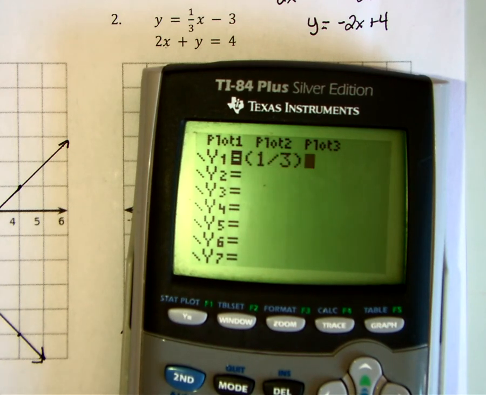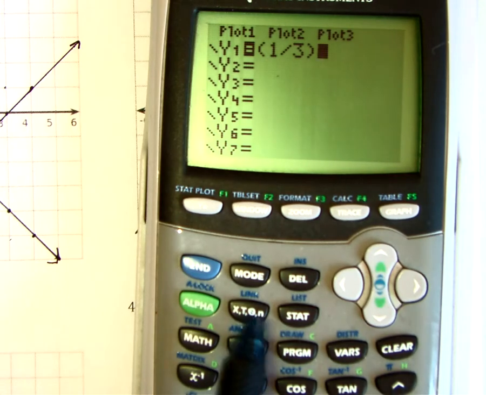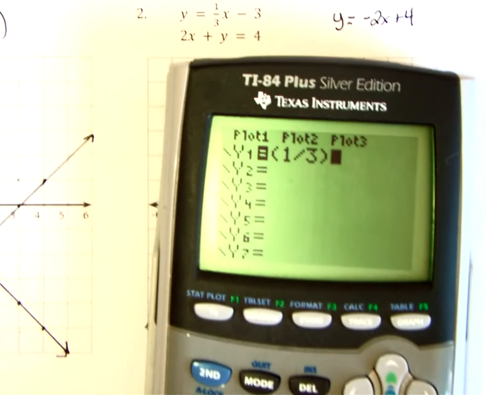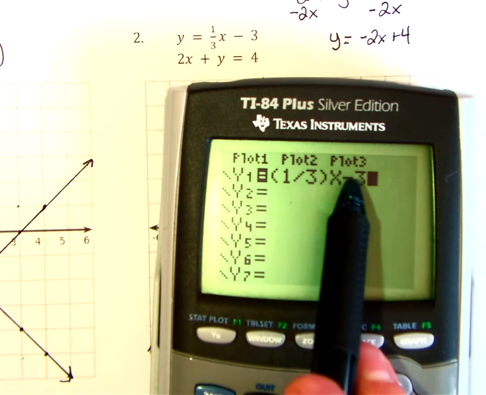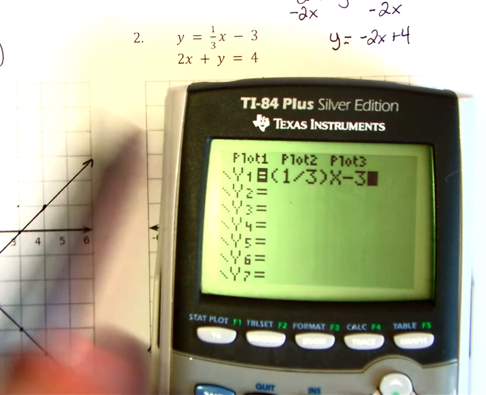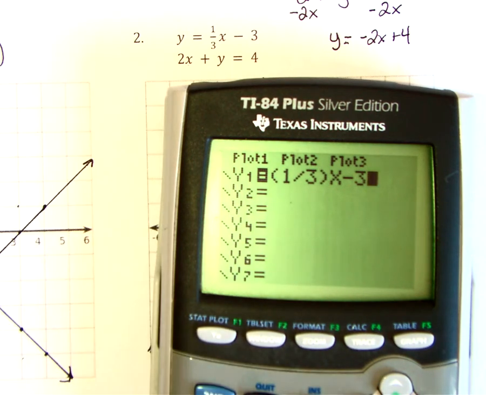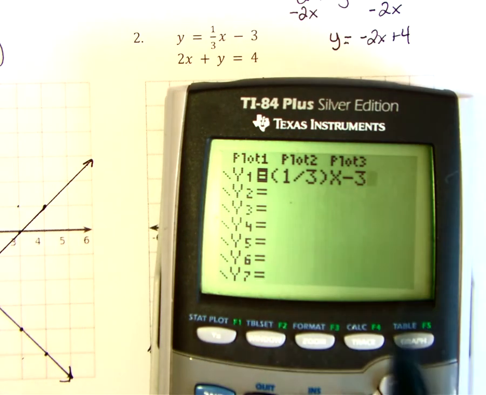1 divided by 3 is 1/3 times x. X is going to be this x theta button here. So we push x minus 3. We have y equals 1/3 x minus 3. Now you'll notice the next equation starts with y equals, so I cannot put in a standard form equation. But I can put in my slope-intercept form equation that we translated. So it starts with y equals